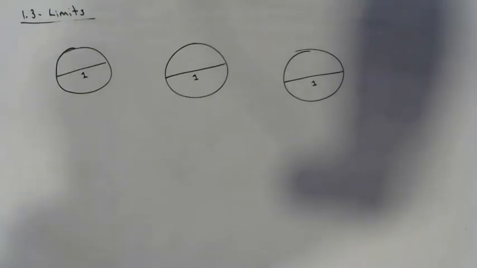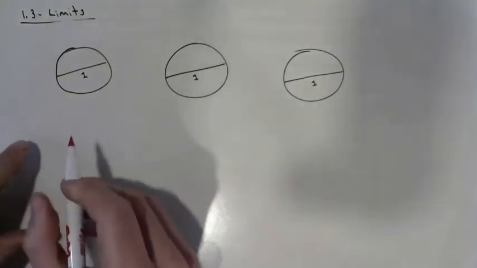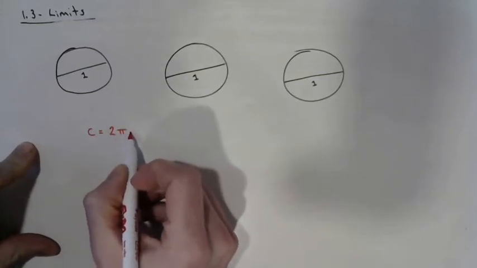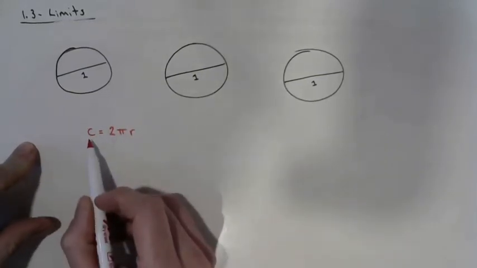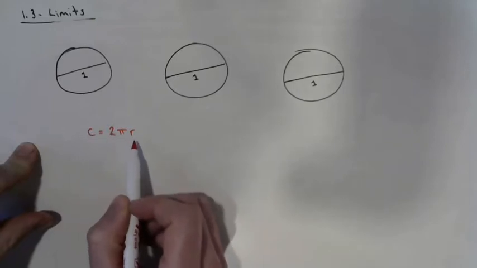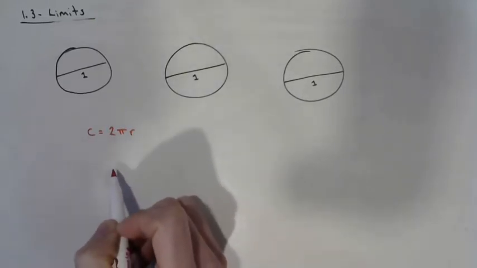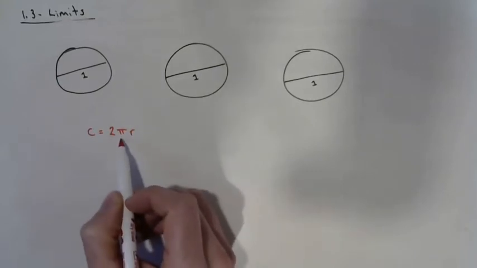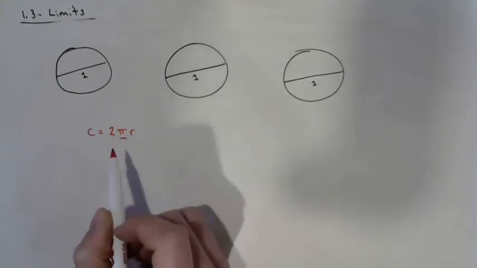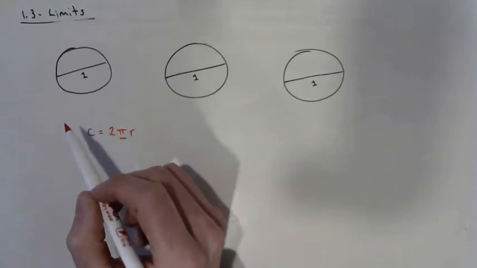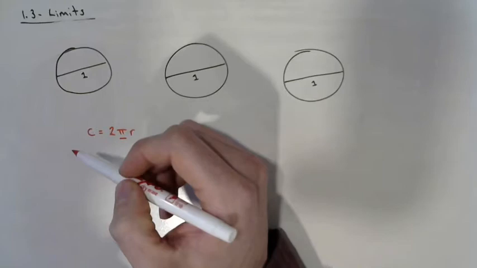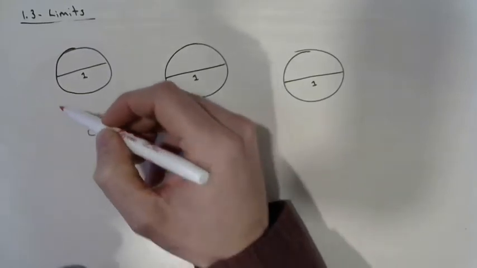And he spent a lot of time working with circles and relating the circumference of a circle to its radius. And the formula we now know is circumference is 2 pi r. And what he wanted to do is estimate, he wanted to get actually the exact value for pi. And he did that by looking at the circle and saying, well, I can't get it directly from a circle, but a circle is kind of like a square.